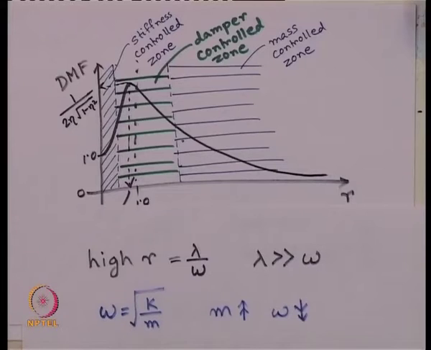So, what does it mean physically? Why does it happen? A very high value of mass means the system is pretty heavy. It is a heavyweight system which we are considering. Now, for this heavyweight system, we have applied a very high value of external frequency. So, lambda is pretty high, but the system is so heavy and so rigid that though the frequency of excitation externally applied is very high, it is not able to respond properly.